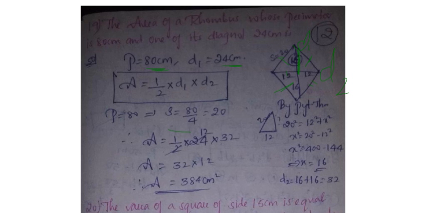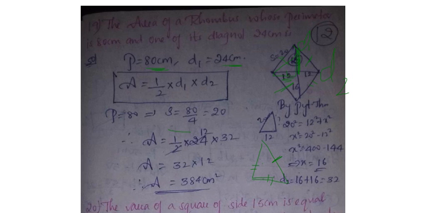What is the Pythagoras theorem? In a right angle triangle, the square of the hypotenuse is equal to the sum of the squares of the other two shorter sides. This is a right angle triangle, no? See, if I think this is a right angled triangle, this is the largest side. The slant one is there, no? This largest side is equal to the sum of these both, the smallest sides. So here in this figure, if you see, what is the slant side? 20 square. It is equal to the sum of the smallest squares.